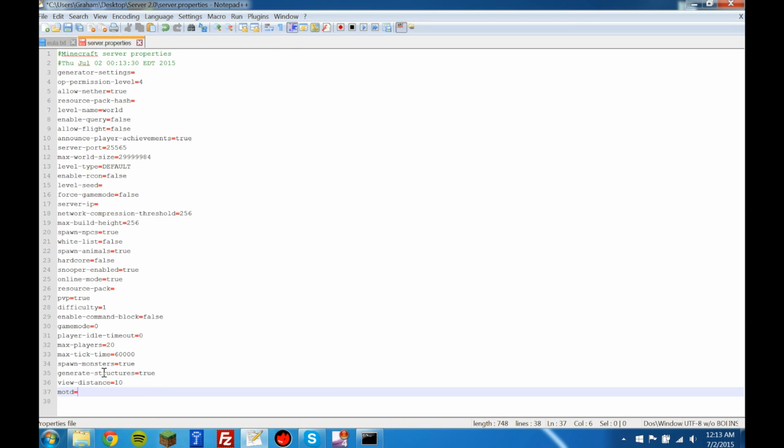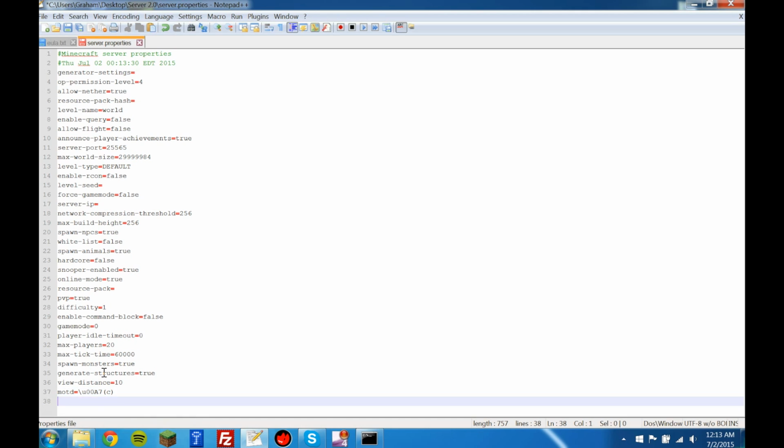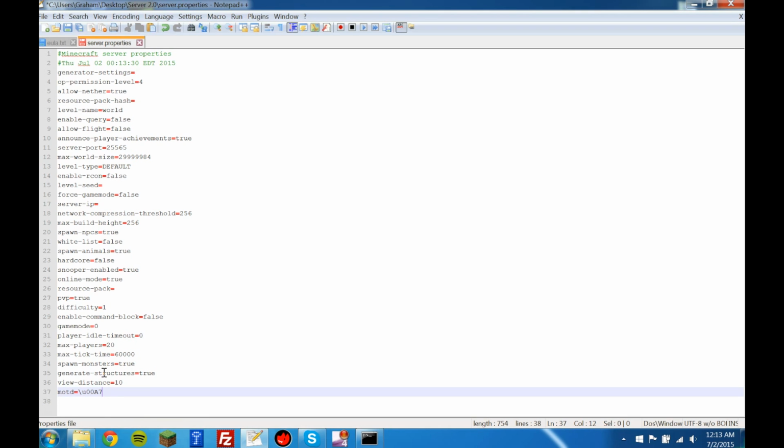You can change the MOTD if you want. I'm going to type out the code for any color that you want, and then here you put the color code from Bukkit. So I put C, but you don't have the parentheses. I put that there for effect. I'm going to call it the Diamond